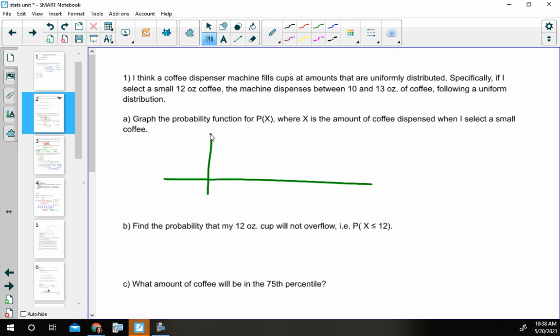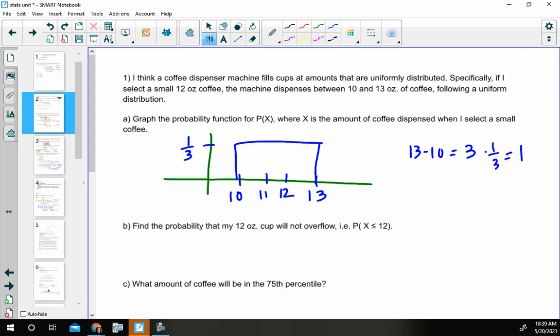All right, what's my range this time from what to what? 10 to 13, so if I want to write in my 11 to 12, I can. Okay, so then what's the height going to be? How'd you get 1/3? Right. Because if I do my 13 minus 10, that means I'm 3 all the way across. And I'm 3. So that means I have to times them by 1/3 to get that total area of 1.